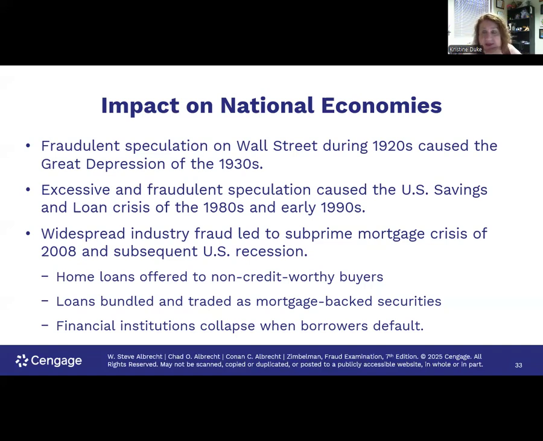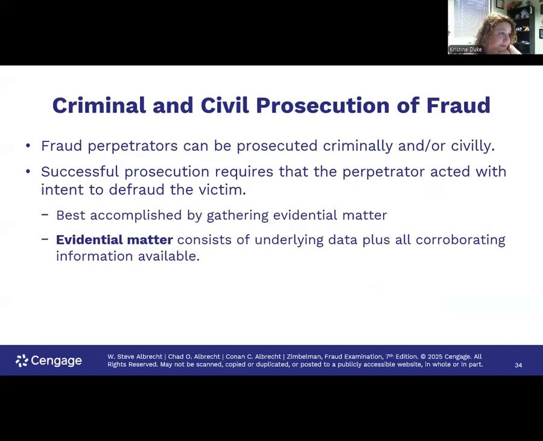And it was all because the banks lent money to people who were not creditworthy. Not to say that they were bad people. Their credit was not at a point where they should have been able to afford a home, or they could handle that type of mortgage payment. Okay. So you can prosecute both criminally and civilly. Sarbanes-Oxley allows for the criminal prosecution of your executive team.